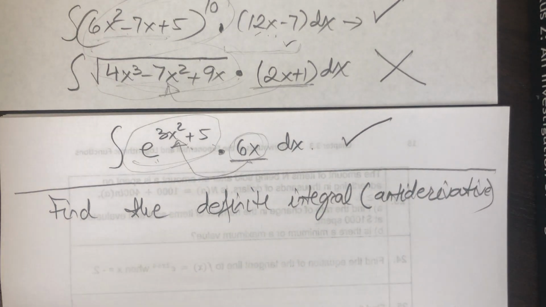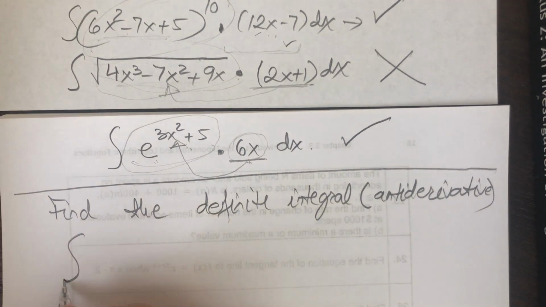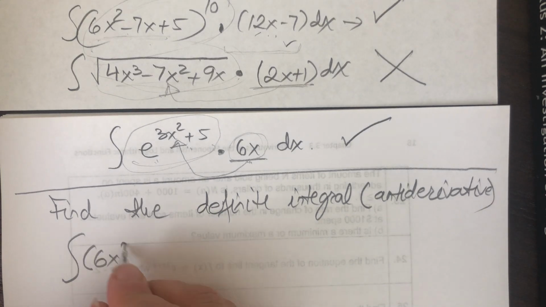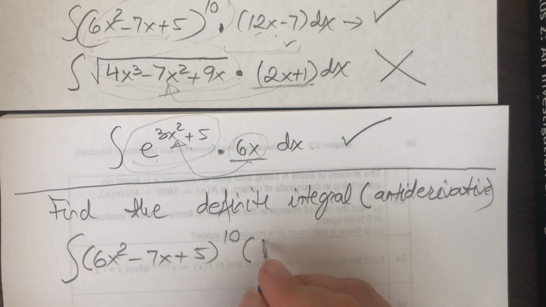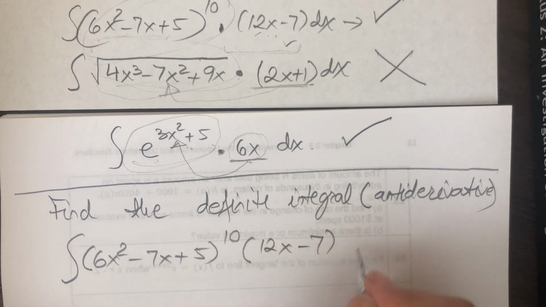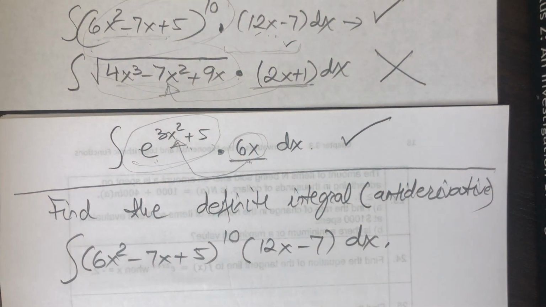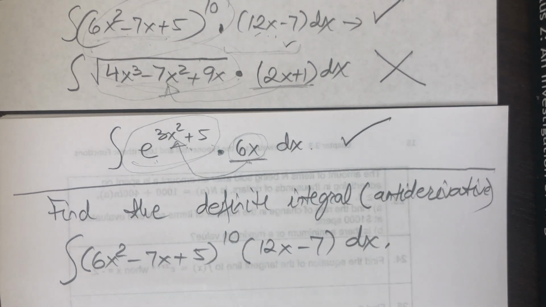Okay, all right. The first one, integral of (6x squared minus 7x plus 5) to the power of 10 times (12x minus 7) dx. Okay, so it's also called U-substitution, or integration by substitution, for a reason, and that's